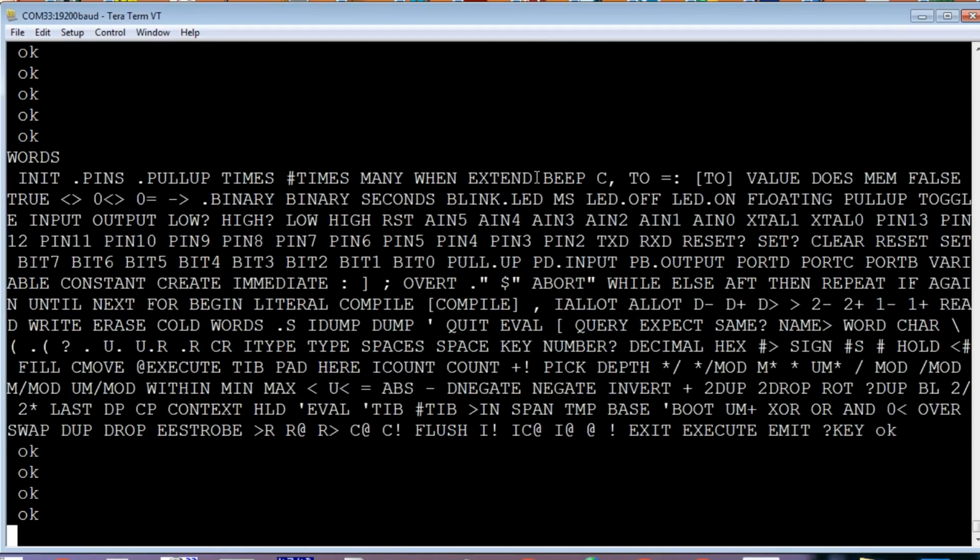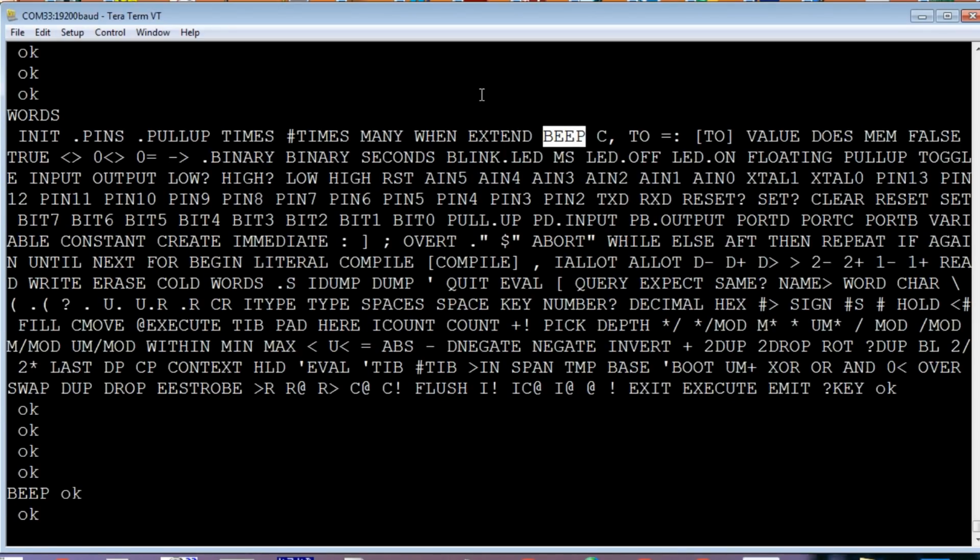Now we can see the word beep right here. So if we type beep at the OK prompt, you can hear a beep in the speaker. If I type beep, and then we'll give it a delay, say 400 milliseconds, and we'll do that many times. So many is a word that we use if we want to run something in a continuous loop. And we'll run in that loop until we hit any key on the keyboard, and we'll come out of that loop and we'll go back to the OK prompt. So anything from the beginning of the line, from beep all the way up to many, will be repeated over and over again. So if I enter that,